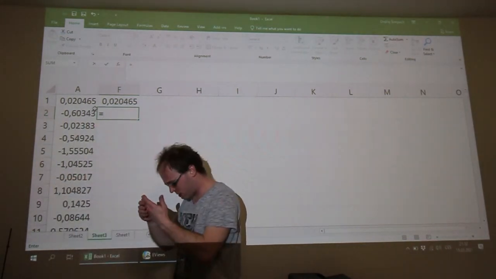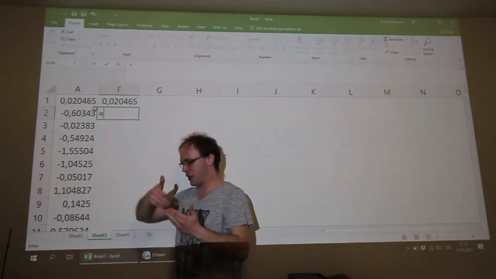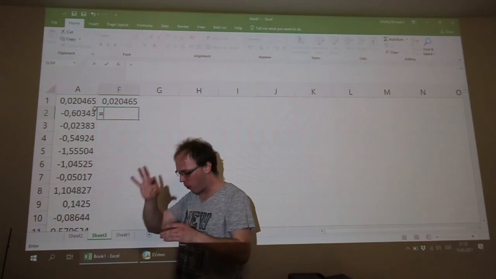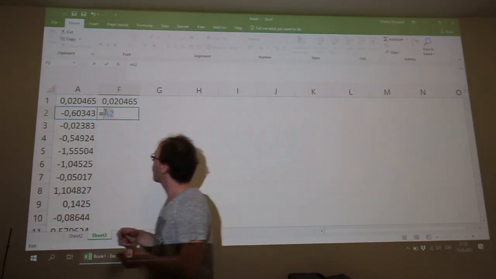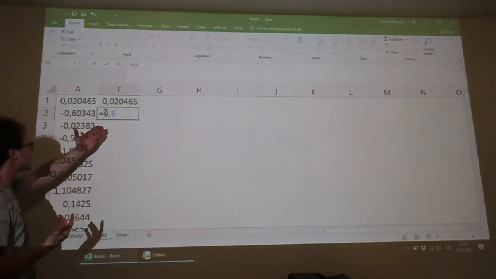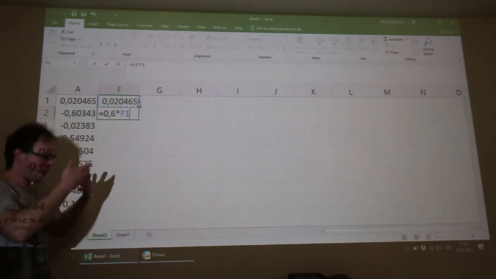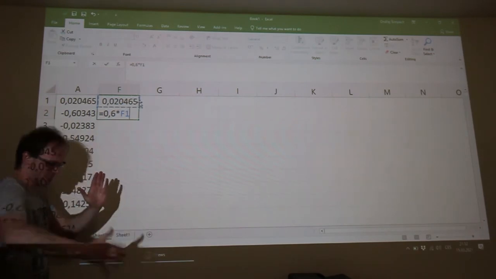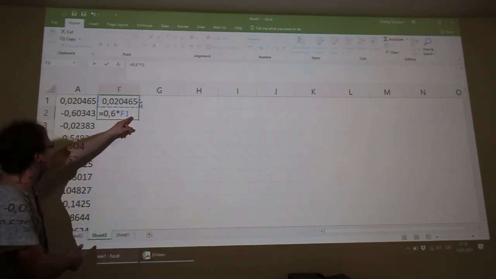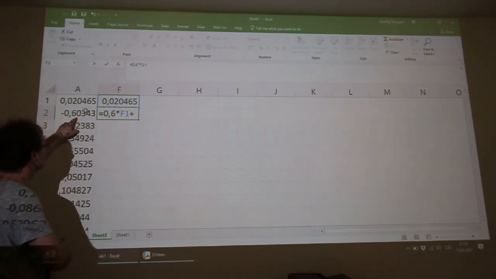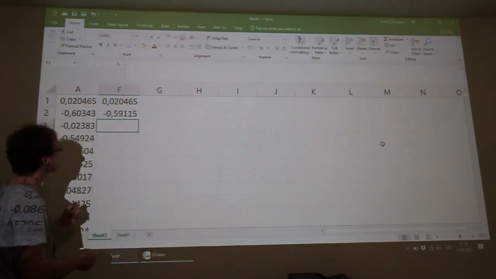So in the second row, will be equal sign, parameter phi1, which is 0.6, times my previous value. I don't have my second previous value, so this is omitted, plus the white noise on the row where I'm placed. Okay, enter.